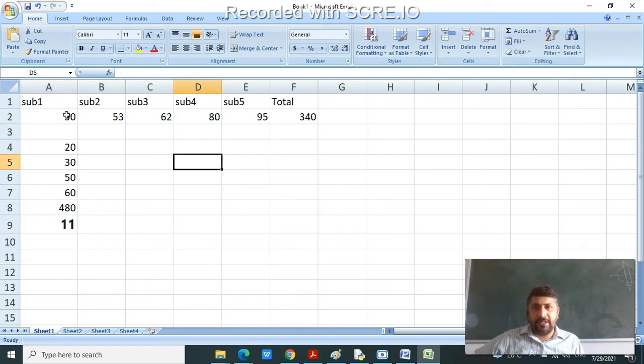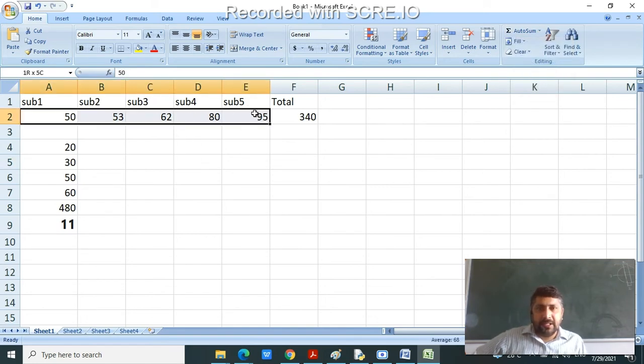So what is a range of numbers? This is a single number, this is a range of numbers.